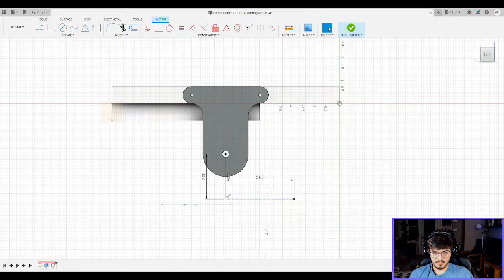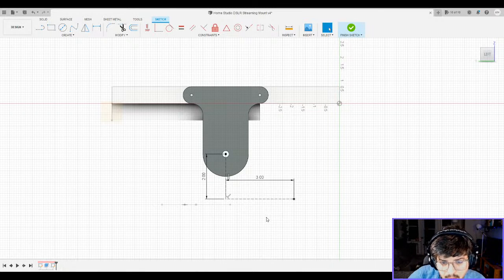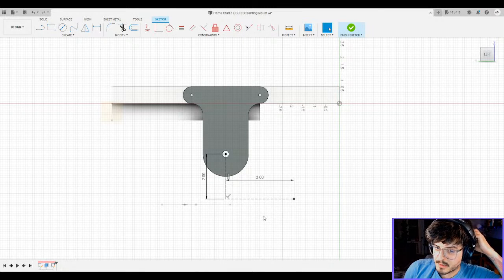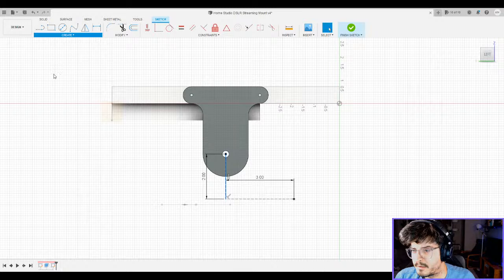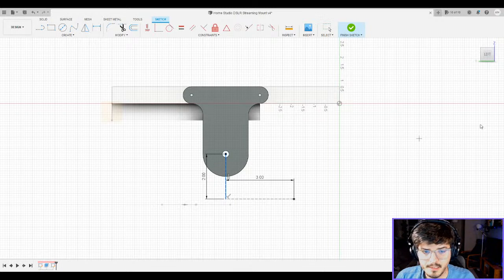Let's, what's the easiest way to do this? All right, I'm going to make this again a slot, just because it's center point to center point. We're going to make that 2.